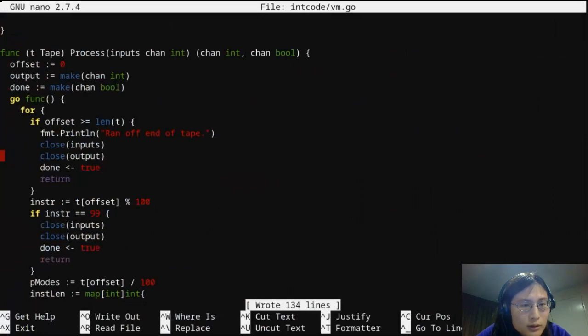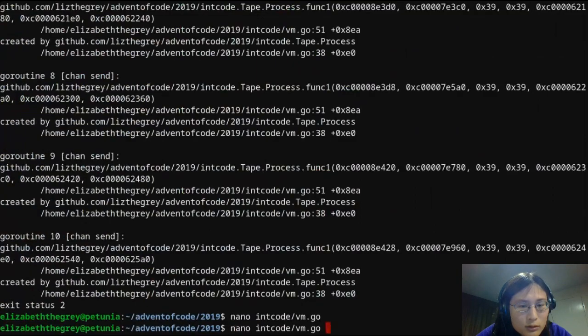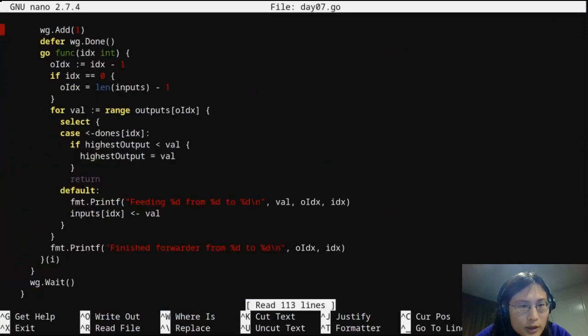Huh. Oh, I see. What's going on here? For each output, if it's possible to write it into inputs IDX, then I feed it.